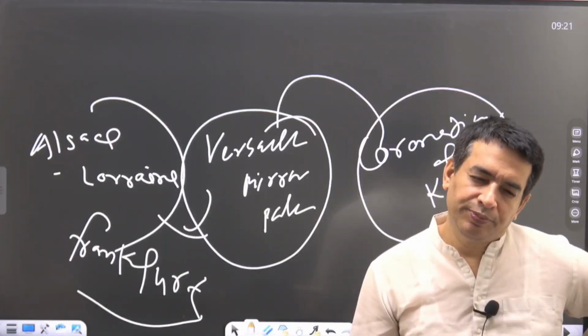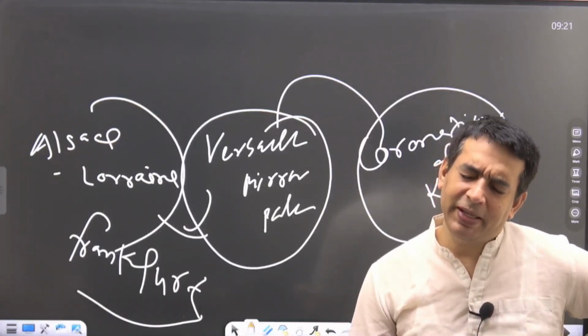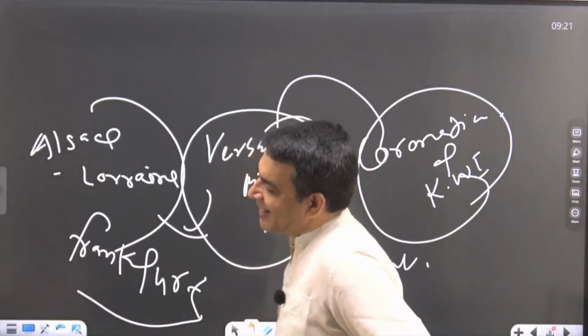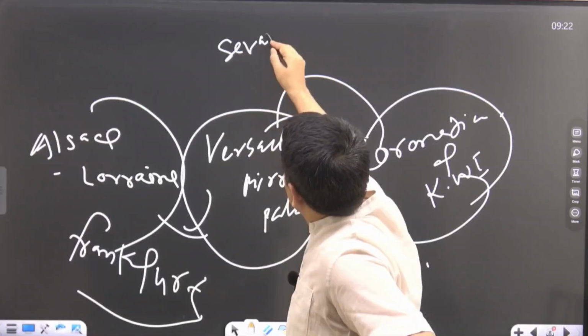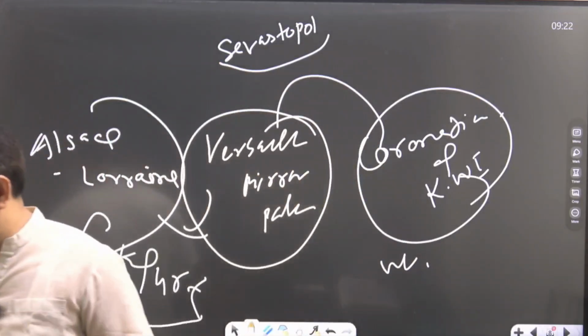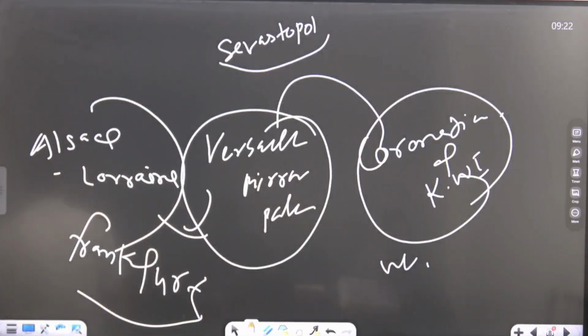Got the point? Now, when this was happening, Russia got the opportunity to militarize Sebastopol in the Black Sea. There is a small island, Sebastopol, that was militarized by Russia. Actually this issue was very famous, because this issue was also a very famous issue at the time of the Crimean